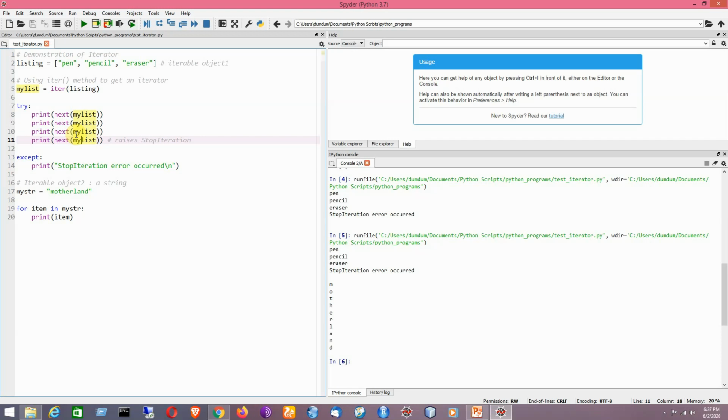And lastly, I have shown the use of string object as an iterable, and from which we can get the elements one by one. So I hope you have understood what is the logic of the Python iterator and how to apply this concept on iterators like list, tuple, set, dictionary, or the strings.